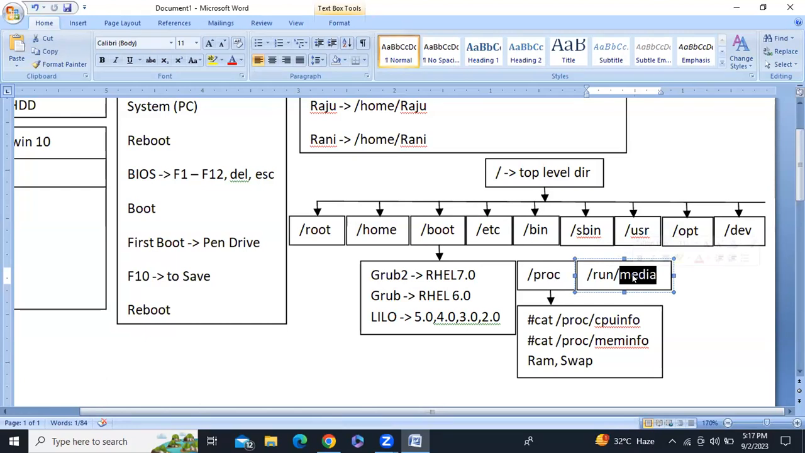Right? Now, my question is, what is the difference between run media and dev? Both are the same. Yes, guys. Same. Dev contains